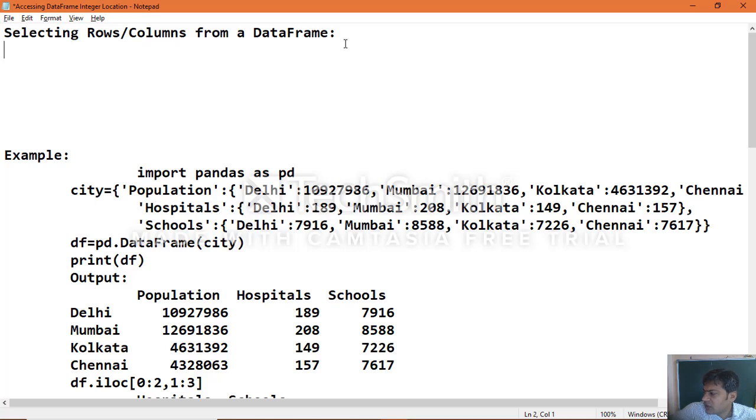For that we use the attribute iloc. The i is nothing but integer, so iloc means integer location. Then you can see the syntax, the way you can make use of this integer location.